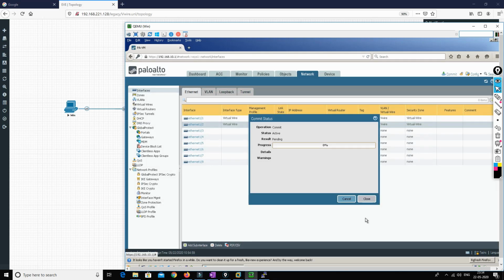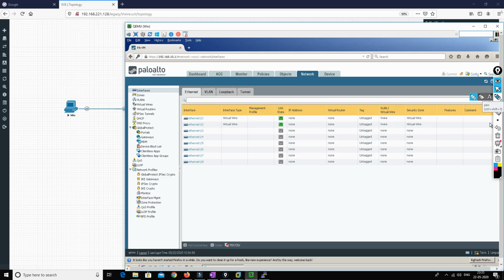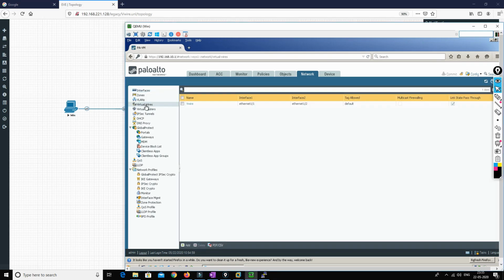So after committing it, we need to check whether the mapping is correct or not, and then we'll create a policy so that the traffic should be allowed. Now we'll try to check the virtual wire. So the mapping is already there.